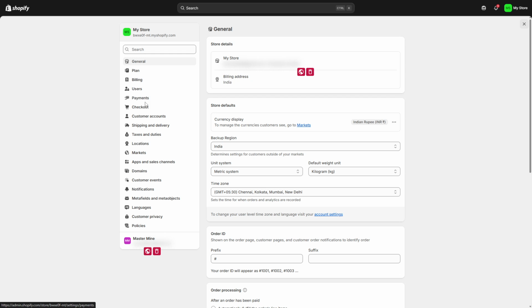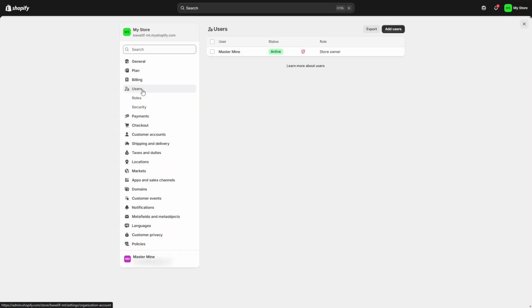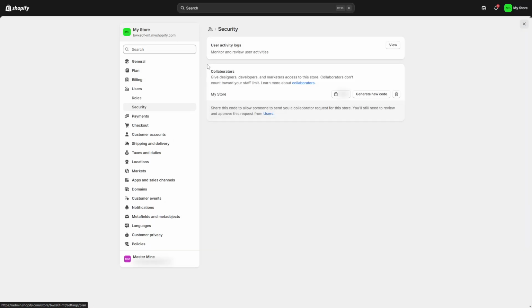Look for the Collaborator section where Shopify lists Collaborator access options and your unique Collaborator code. If you don't see a code right away, there will be an option to generate one. Go ahead and create it. This code is the secure key the person requesting access needs, so make sure it's generated only when you're ready